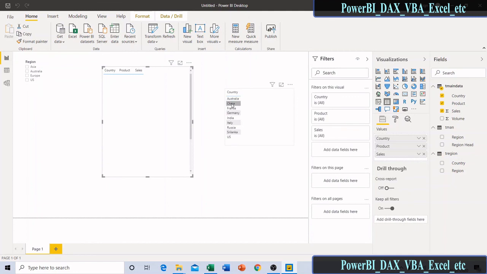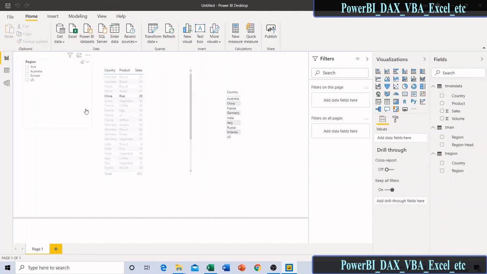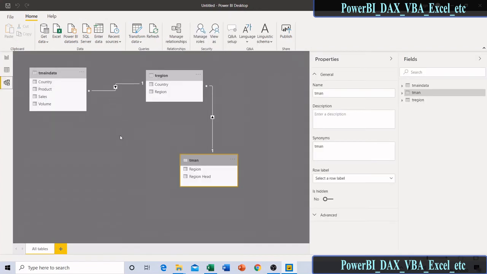Okay. So let us recall what is a relation. A relation is nothing but a connection between two tables. Relations are of three types: one-to-one, one-to-many, many-to-many.